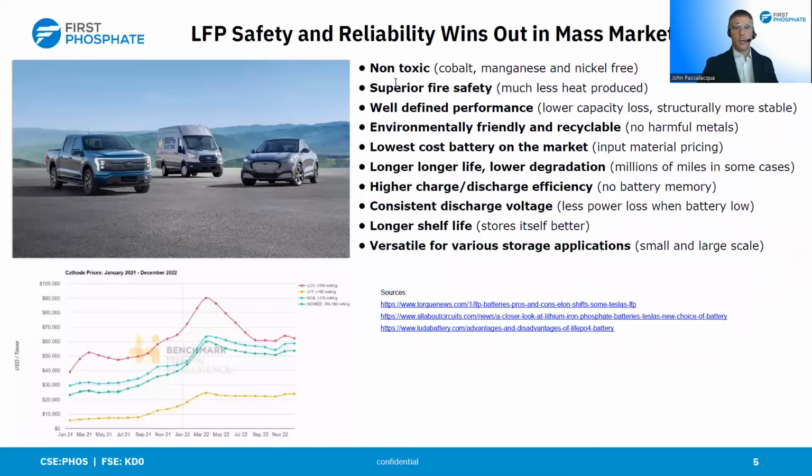What is going on with LFP battery? I think this is a really key focus for us. This is really the battery of mass market adoption. And that's a really big thing. Like, just think about what that means. This could be the battery that finally makes the electric vehicle the new standard,